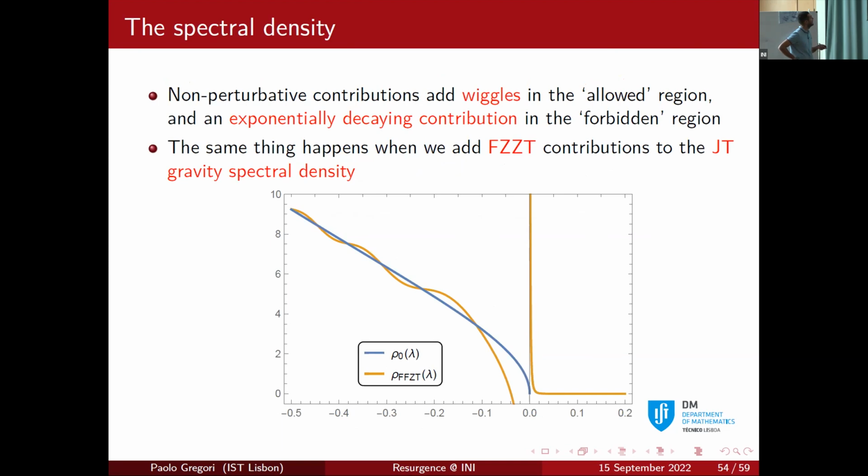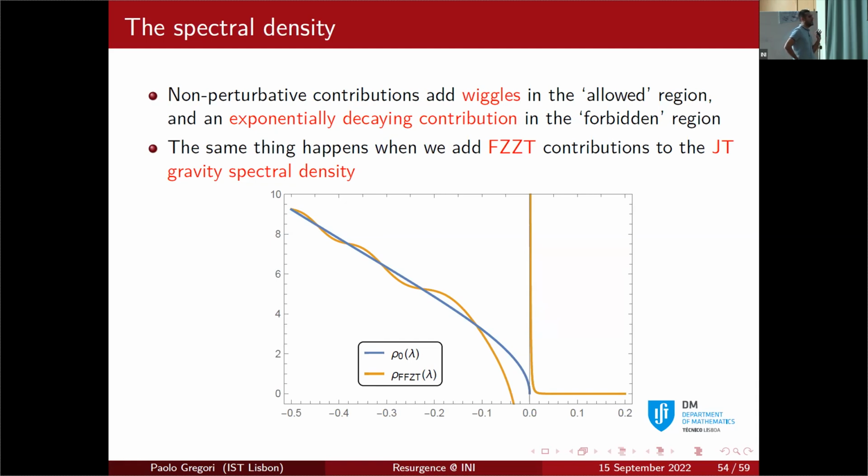interplay between FZZT actions. Now, does this picture keep working also in JT gravity, for example, which is an example in which we have much less control? And it does. So when we add FZZT contributions to the perturbative JT gravity spectral density, we see exactly the